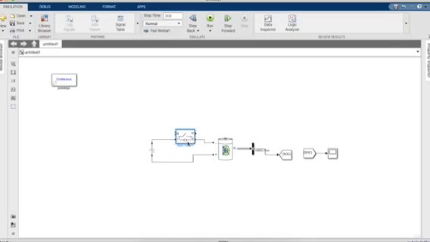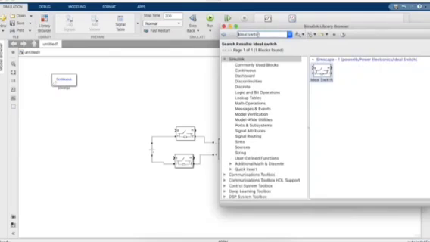Then a Stateflow chart to indicate what state the battery is in, based on the SOC. So we connect the SOC as the input parameter to the Stateflow chart.